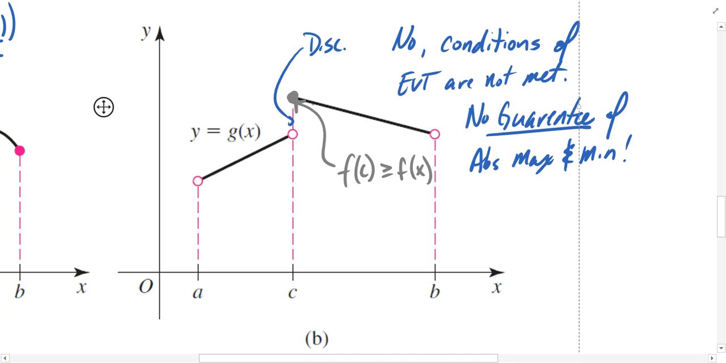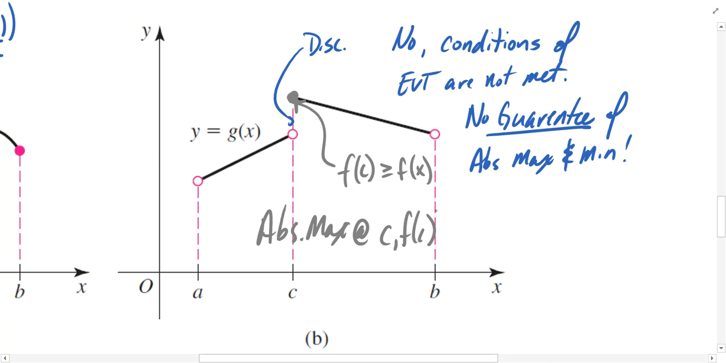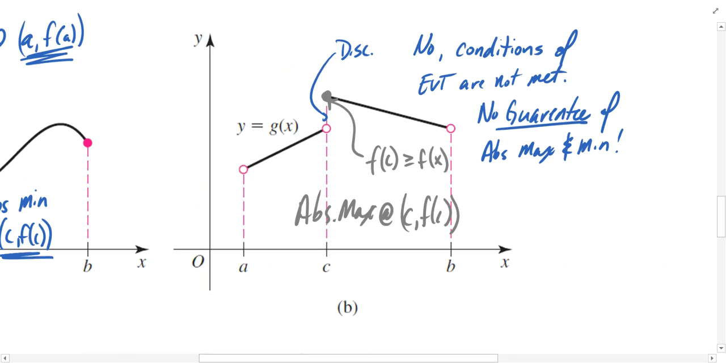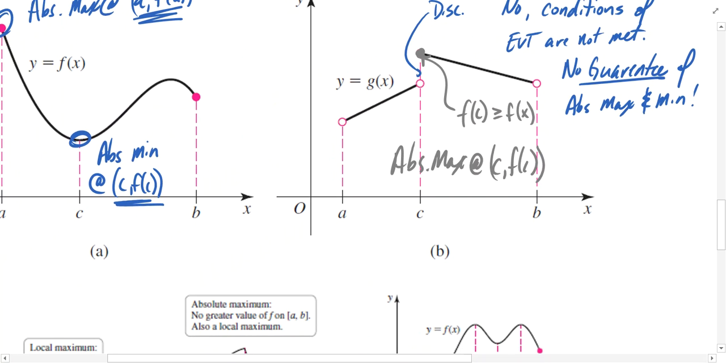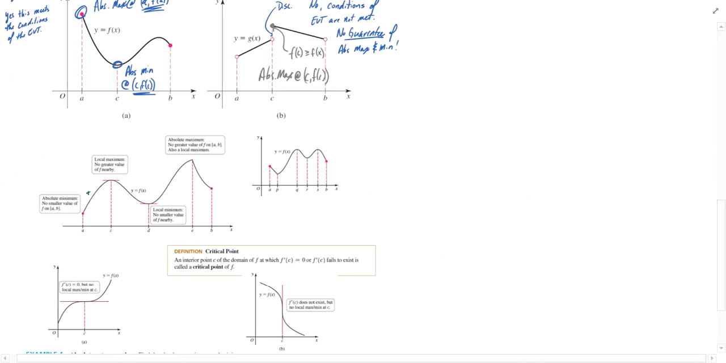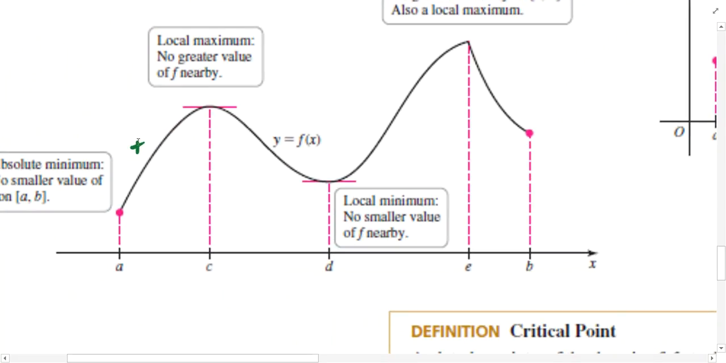So because of that, we can say that there is an absolute maximum at c comma f of c. Now again, we weren't guaranteed that. The EVT would have guaranteed that, but even though it wasn't guaranteed, we did actually find one. Now, if we consider some slightly more complicated graphs,